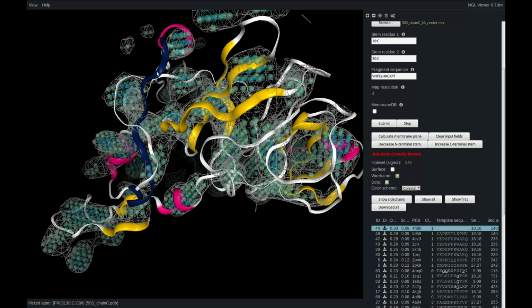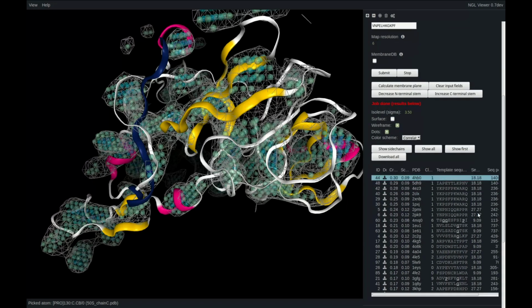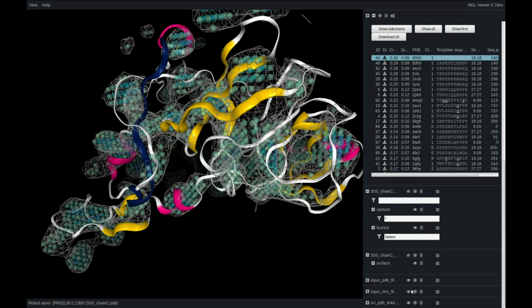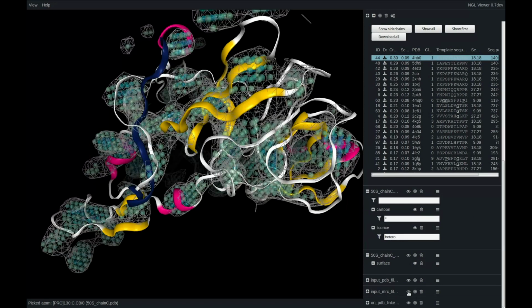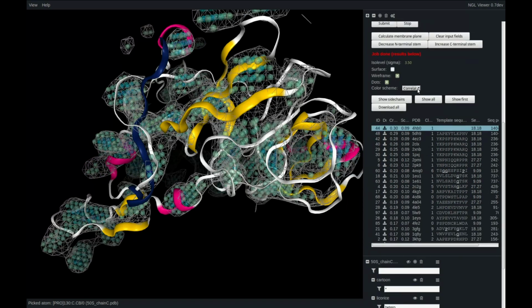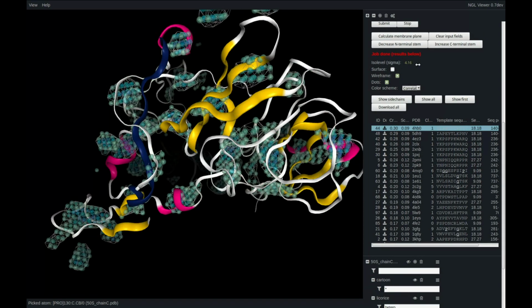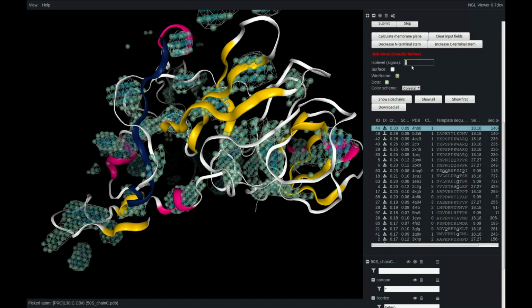Depending on what you want to see, you can make the map or the PDB invisible by clicking on these buttons. You can also change the coloring scheme of the loops. When viewing the results, please consider the ISO level. The ISO level makes features of the map more visible. In order to do so, you can either type in a concrete ISO level you're interested in, or you vary it with the shown bar. The best ISO level for our example is also given in the README file, so if you change it to